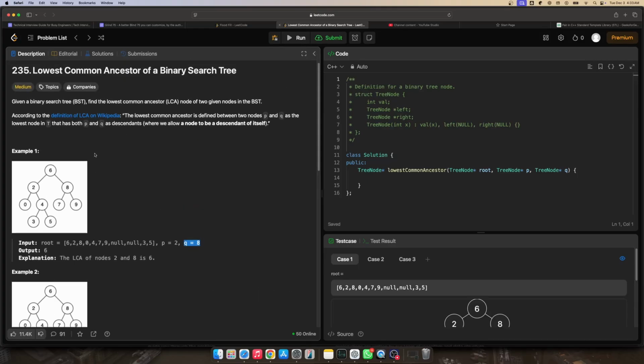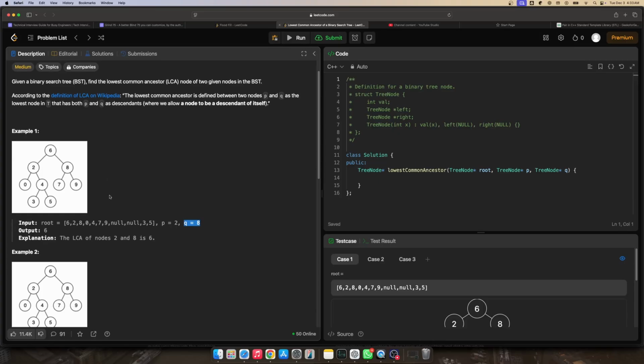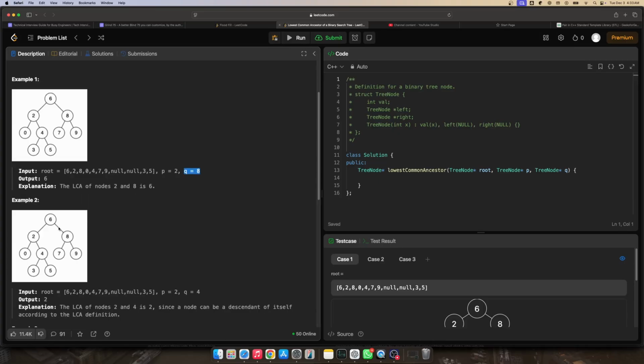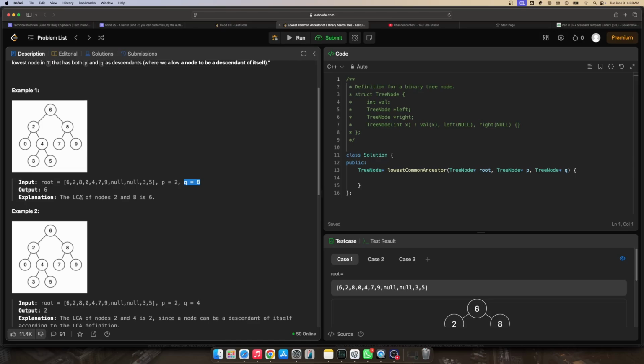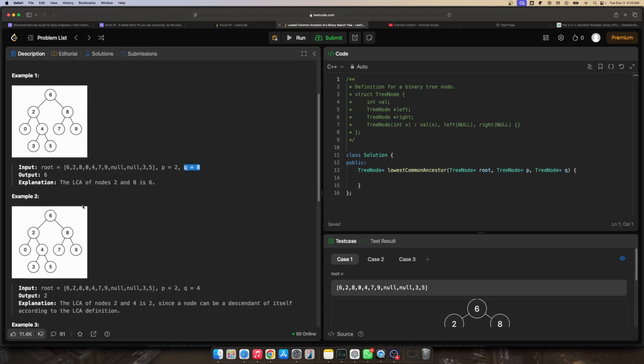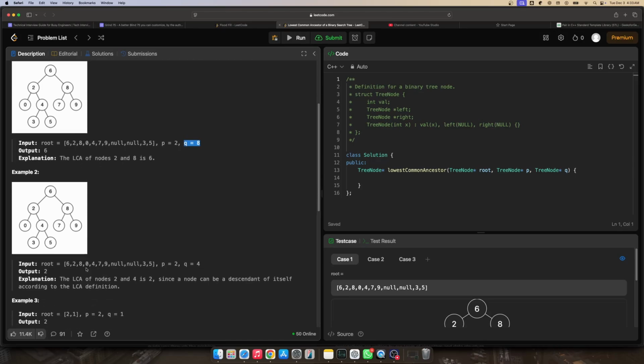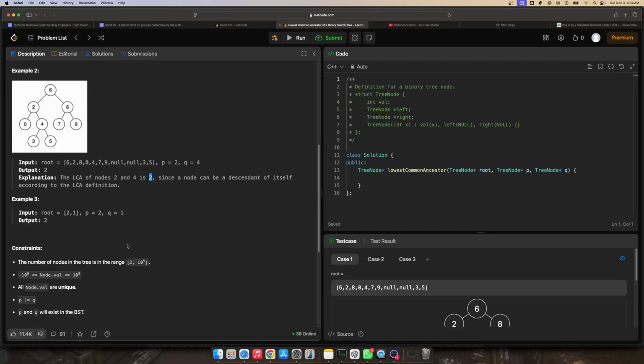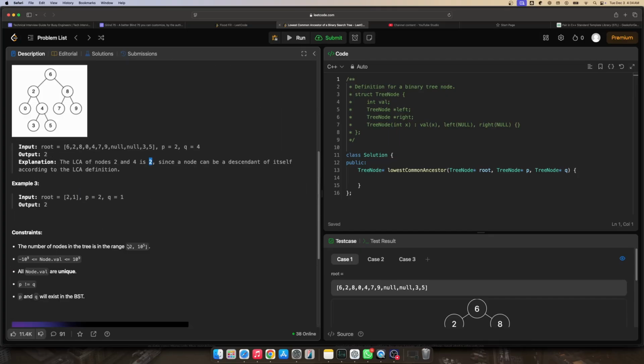Lowest node T that has both P and Q as descendants. Okay. I guess they should be on same level or what? Whatever. Okay, 2. Since a node can be descendant of itself according to the LCA definition, that is why 2. Otherwise, the answer could have been 6. Alright. Now this is